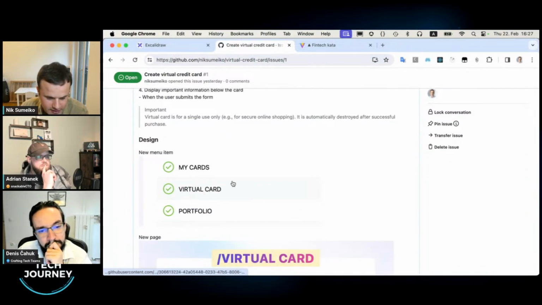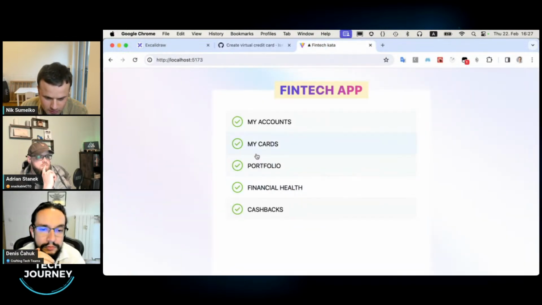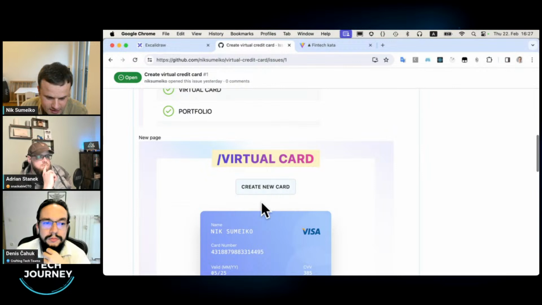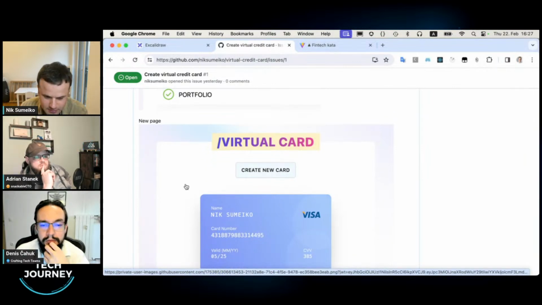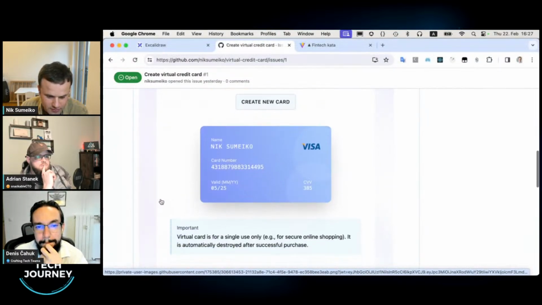So here, the designer dropped me some visuals where the new item comes in. So it's between cards and portfolio, somewhere here. Okay, we will put it. When clicking it, it's supposed to go to this page. We have to create this page. And there will be this button by default. I guess no credit card will be in place.